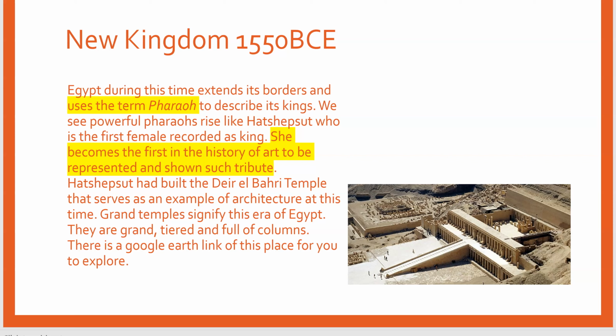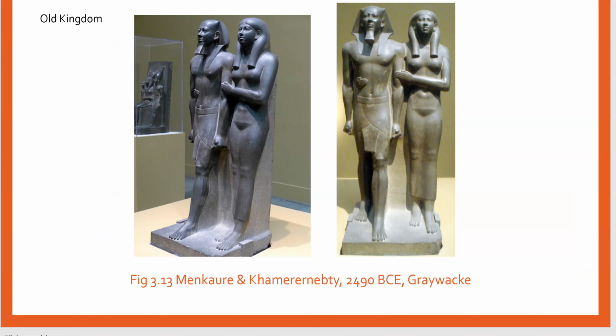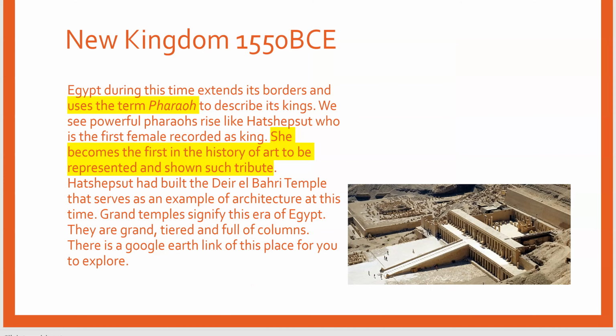We see powers, especially like Hatshepsut, and she is the very first recorded king, right? Pharaoh, female. Like this is huge, right? And first in history, right? So that tells us, when we go back to a slide like this, yeah, women must have held some power. There were definitely different ideas on the female role in society, and that is recorded here. And she's got a great story. There's a lot of politics behind it, of course, but if you're interested, you can check out her life story.